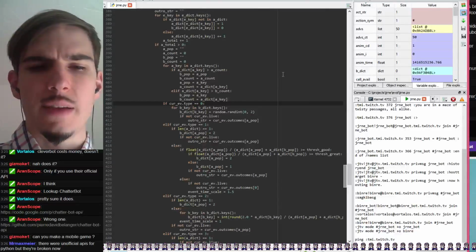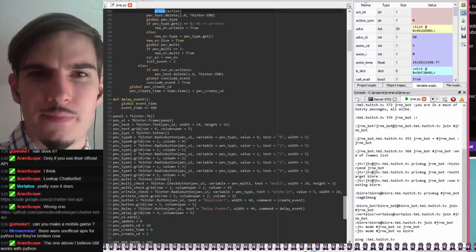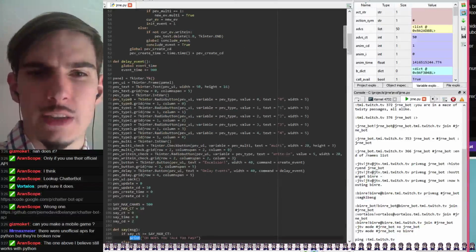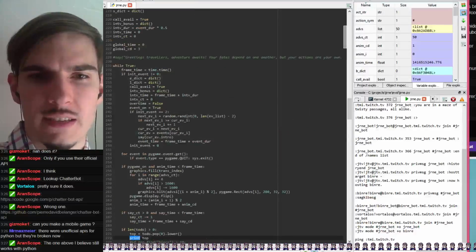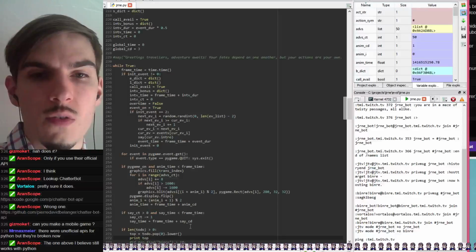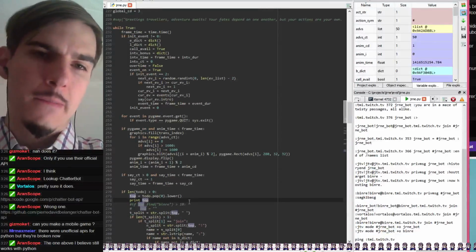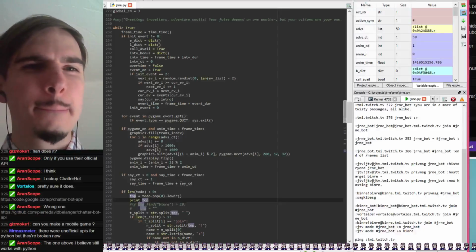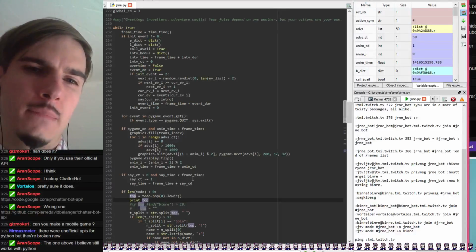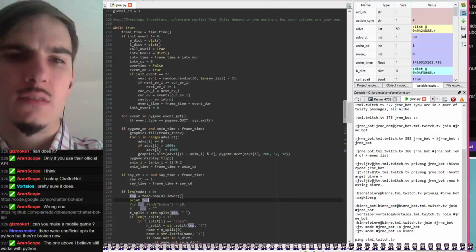I'm going to take an inventory of my prints just real quick, because I feel like sometimes there's a print that goes out of control or something. Oh, maybe it's this. Print top? Could that be it? Yeah.